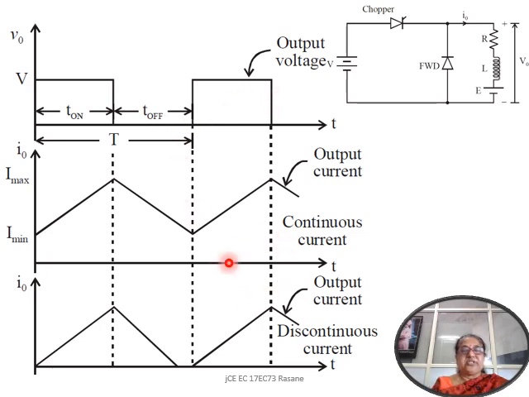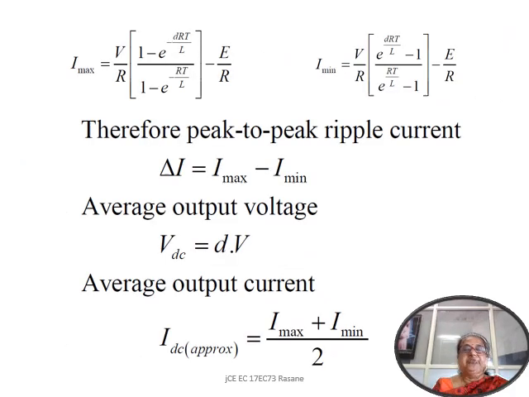So we have seen two types of currents, that is output current which could be continuous, in which case I minimum is not zero, and in the other case is the discontinuous current, in which case the lower end of the current will reach a zero value till the next turn on happens, and hence the current appears to look discontinuous. That is, there will be a period during which the load will not be getting any current at all. Okay. Now we have looked into the formulas in the earlier videos.